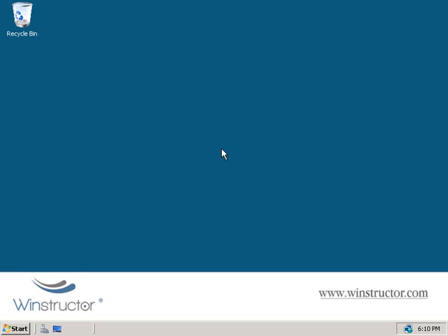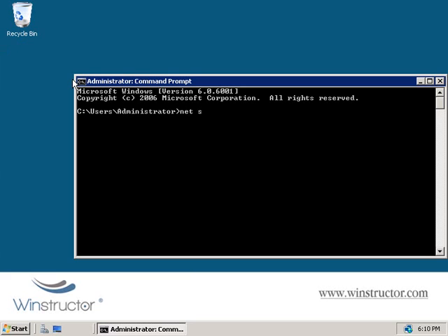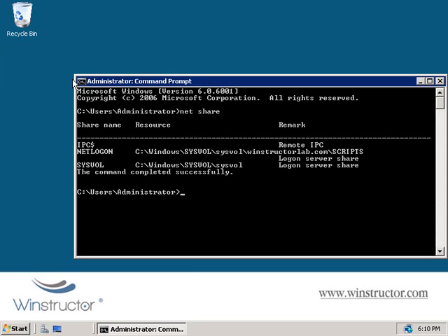Okay, well, I've just rebooted our Windows 2008 server here, so if we go and open up a command prompt, and then we'll type in net share, and we'll hit enter. This time you'll see that the administrative shares for our hard drives and also the admin$ share are now gone. Now, the last thing that we'll talk about in this video is encryption,